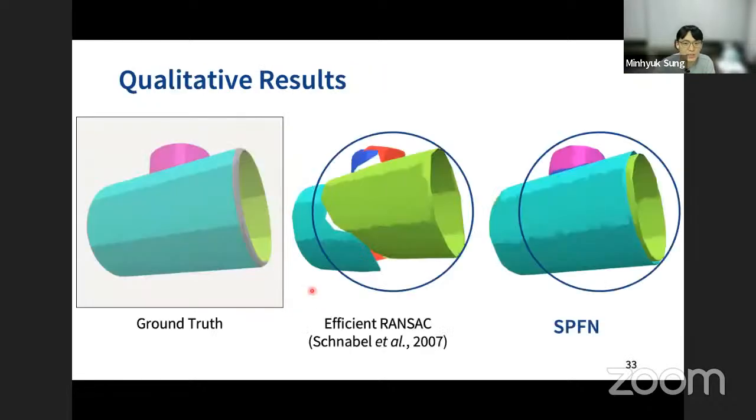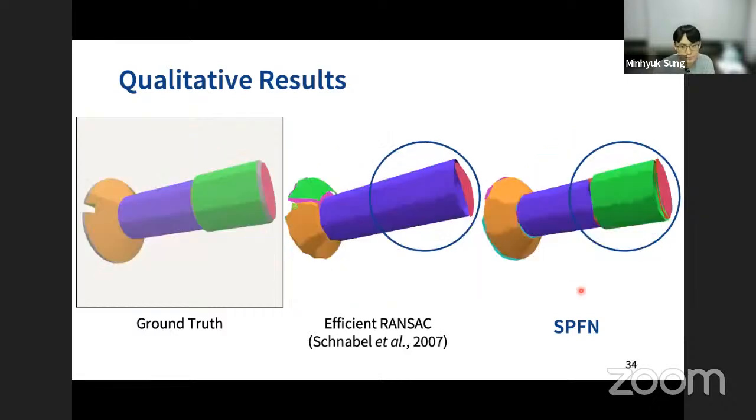So when you train this network, we can get this kind of output. These are some examples of the results. This is also a comparison between the results of our framework on the right-hand side and the result of the RANSAC-based method. This is one of the very challenging cases, where we have two very close cylinders, which are the inside and the outside of this thin part of the shape. These two surfaces can be very easily confused in the RANSAC-based pipeline, but our framework can precisely distinguish